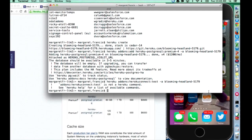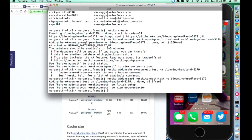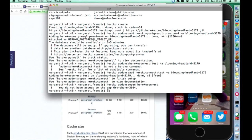Okay, now that's all done. Oops, I missed a bit. Add-ons, add Heroku Connect. Okay, that's exactly how much code, just terminal commands, it took for me to create an app on Heroku, create a database, and then add Heroku Connect to it. And once I've done that,